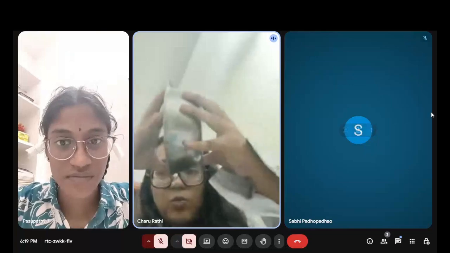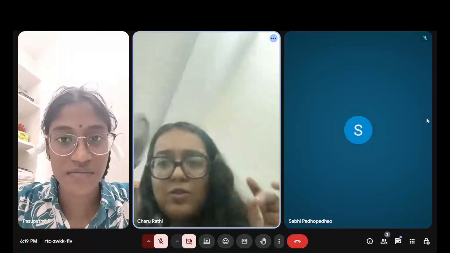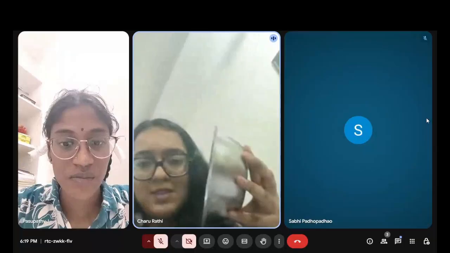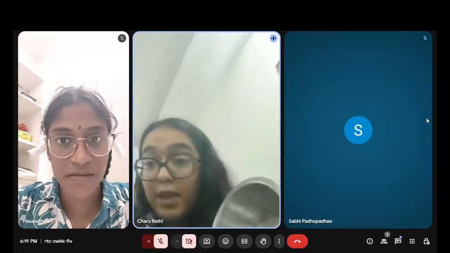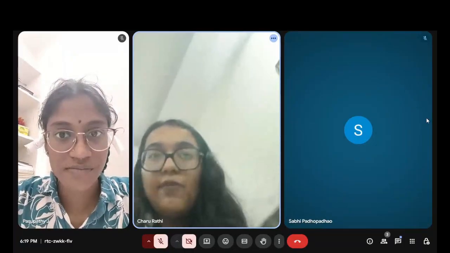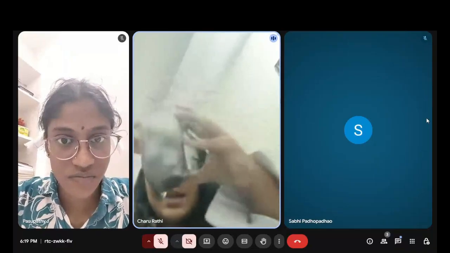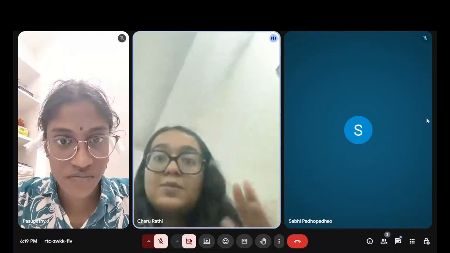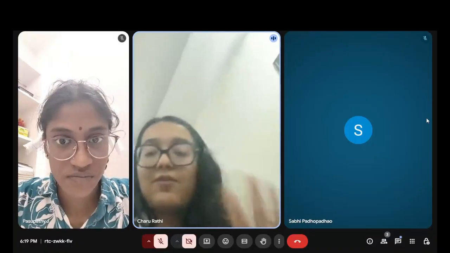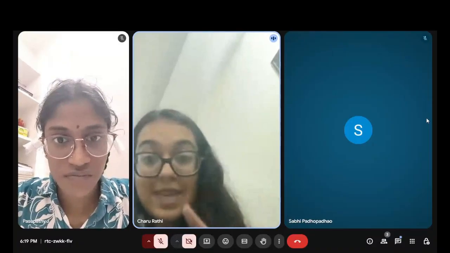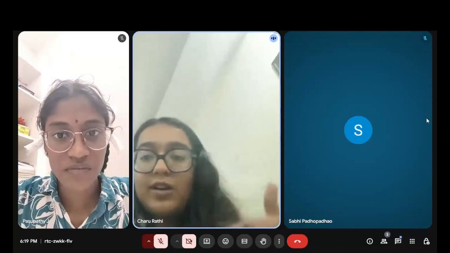If I just combine two bowls, it will form a sphere. Okay, so this is more of a hemisphere. For a mirror, we generally have to cover a side, whether the inner side or the outer side, with something reflective, some shiny surface.